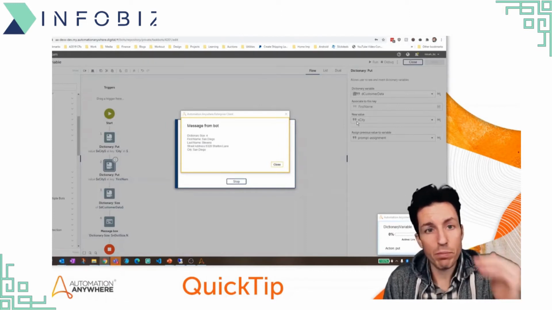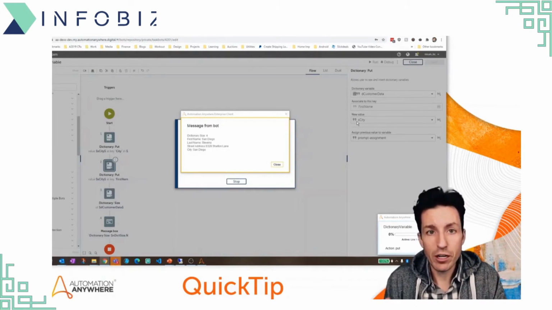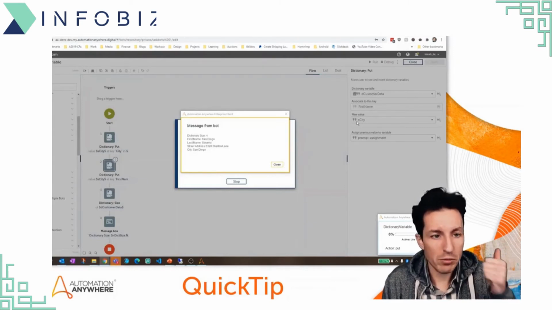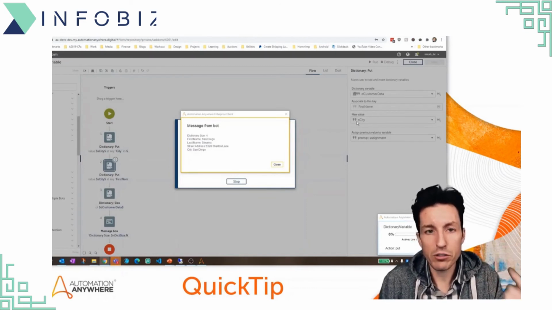I can't just keep putting in lots of keys that say first name, because then when we go to retrieve it, we wouldn't know which first name we're talking about, right? So a couple tips for your dictionary data types. Make sure all of your keys are uniquely defined. Make sure you know what they are so that when you need to pull them back,